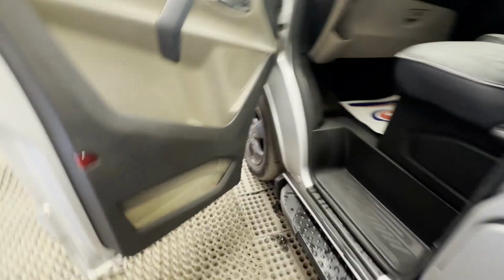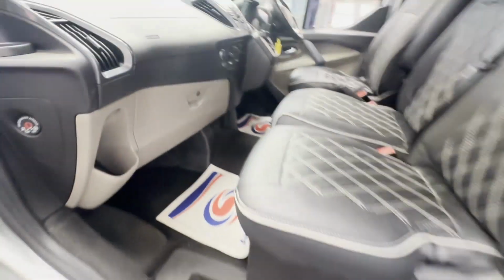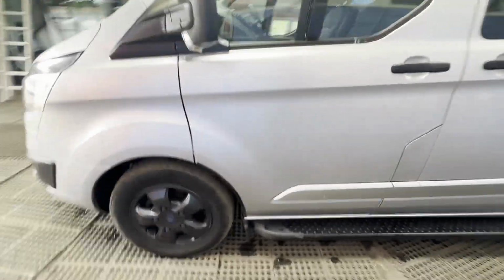Features: 2 former keepers, part service history, air con, cruise control, 2 keys, electric windows. EU status: Euro 6. HPI: clear. CAP retail: